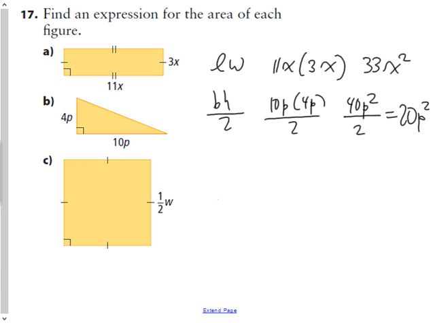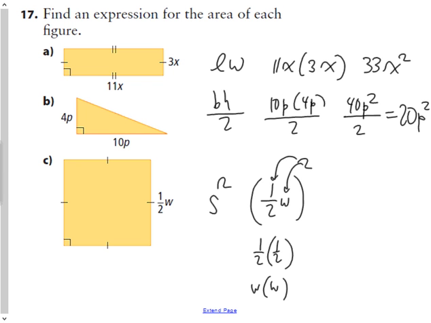And the last one, your area is side squared. So it's 1/2 w squared. Now for me, I'm going to stop for a second and say half of w. To this point in our algebraic experiences, we have not used half of w squared. But if we think about it, I can apply the w, since there's multiplication in the brackets, to both parts. So 1/2 multiplied by 1/2, and w multiplied by w is how I'm going to solve that. 1/2 times 1/2 is 1/4. W times w is w squared. So my answer is going to be 1/4 w squared,